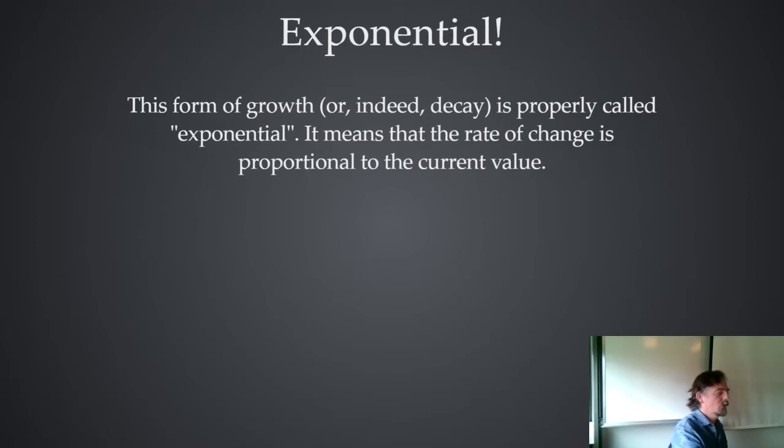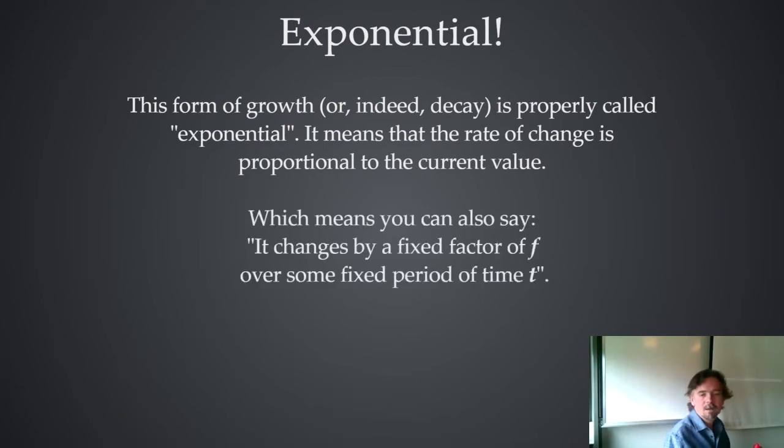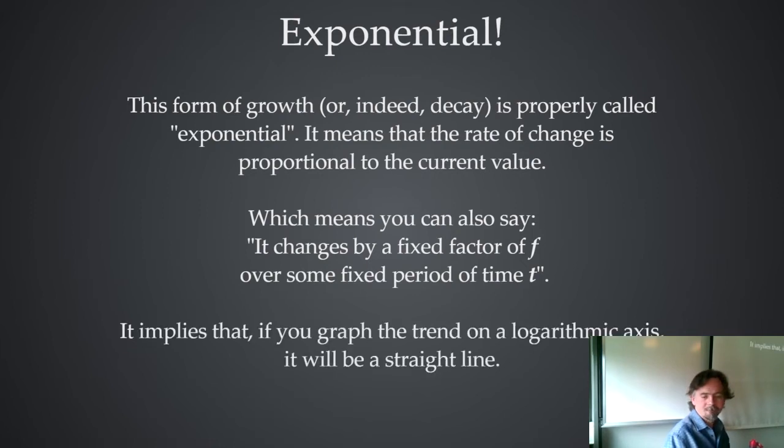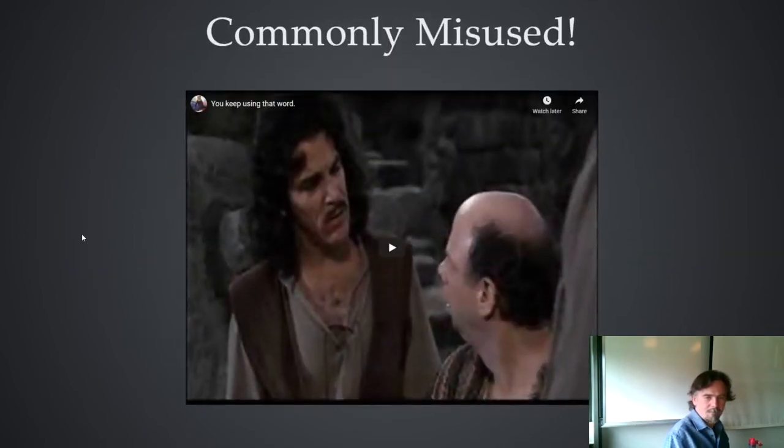So this kind of thing is indeed what's called exponential growth in the strict, technical sense. Exponential growth means that the rate of growth of a thing is proportionate to its own value, as you hopefully remember from your calculus, an e to the x type curve, where the derivative is the same as the value. The other way of thinking about that is that the value changes by a fixed factor of f over a fixed period of time t. So when I say doubles every 24 months, that's describing exponential behaviour. And as I said earlier, that means you'll get a straight line if you do it on a logarithmic graph.